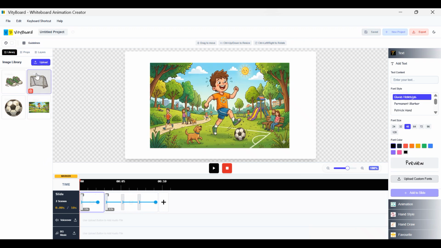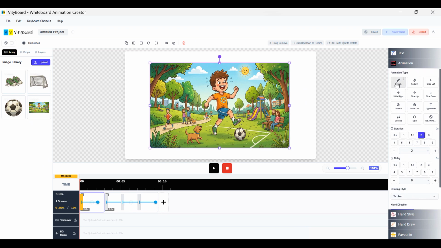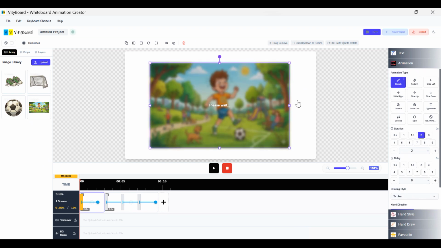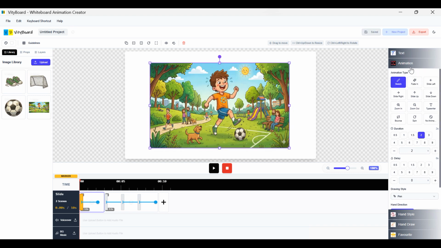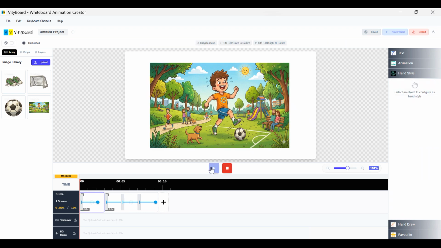So basically in uploading you can upload any images you want, and after that you can apply the animation. Since this is basically an image, I would not say sketch it, but you can sketch it if you want. But let's have some demonstration of how it is going to look. So let me do the sketching. It is going to take a few seconds to apply the sketching animation, and once that is done, we can select the hand we want, and let me select one of these hands and give it a trial to see how it looks. All right,